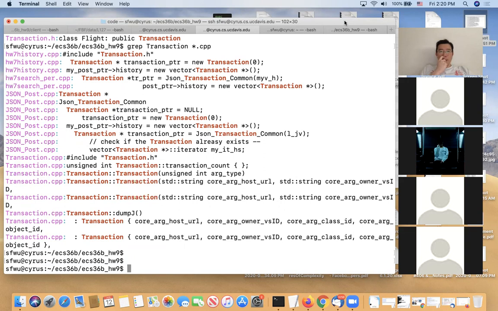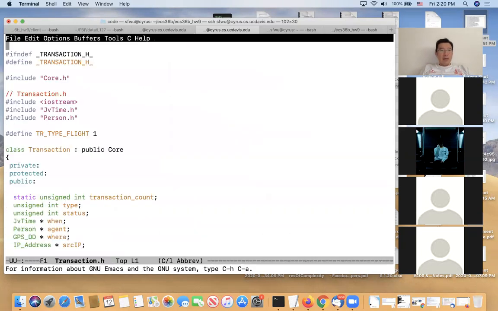redeclaration of a transaction? The error message is in file included from post.cpp, and then it refers to my include of transaction.h. Okay. So in your transaction.h, let me just double check. Did you actually use this statement to make sure that this file got included only once? No. Okay, that might be a problem because if you add this statement,